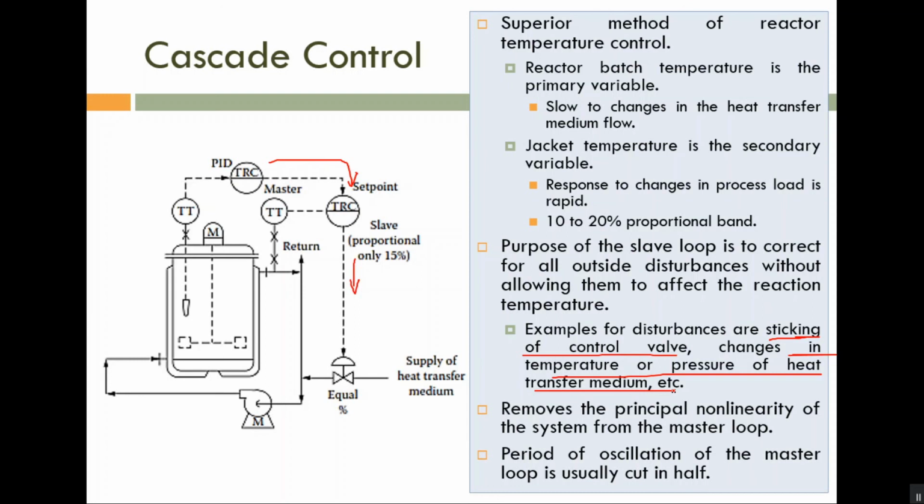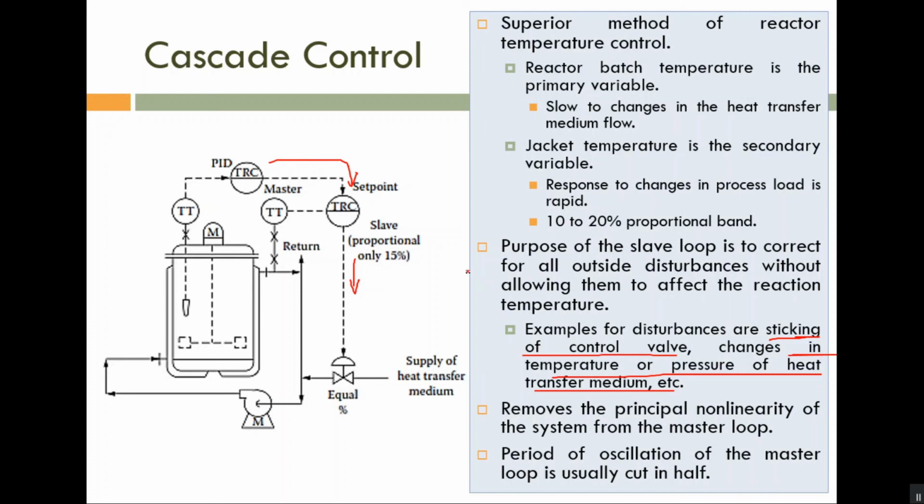Whatever the change, those changes are affecting this manipulating variable. What is the manipulating variable? The effective heat energy carried by the heat transfer medium, that is, the temperature of the return. The temperature of the return is measured, and if you have these effects, definitely this is disturbed, and if it is disturbed, the disturbed value will not be equal to the required value. So we have to modify. That is the application of cascade control.